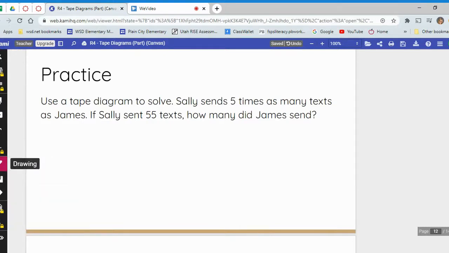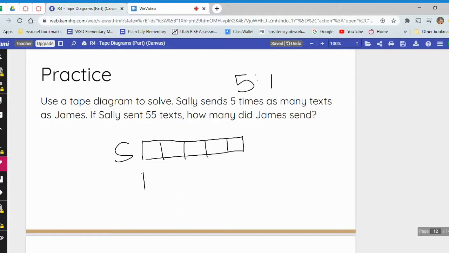Okay, Sally sends 5 times as many texts as James. So this one's a little different so far because it doesn't say like this for every this or this, but 5 times as many texts as James. So if it's 5 times as many, that's a 5 to 1 ratio. So we're going to have 5 sections for Sally, and we're only going to have 1 for James, because it has to be 5 times as many. Okay, if Sally sent 55 texts,